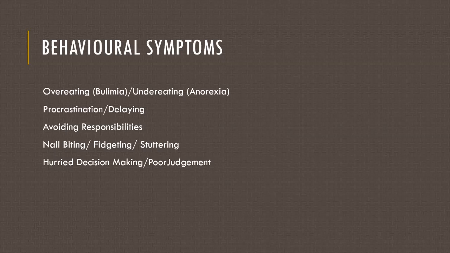Next is avoiding responsibility. So when we have severe stress, that time we try to avoid responsibilities being given to us. So that is also one thing. It can be family matters, or it can be official matters, or workplace dealings. So we try to avoid responsibilities. We try to run away from it.